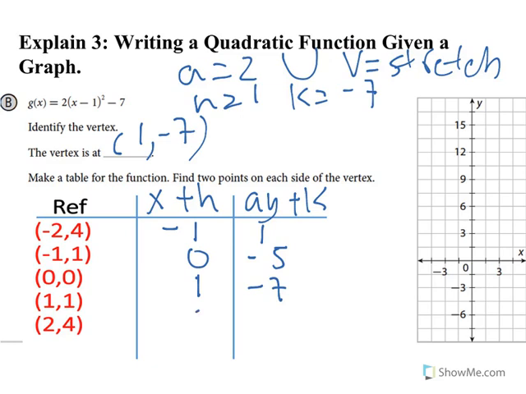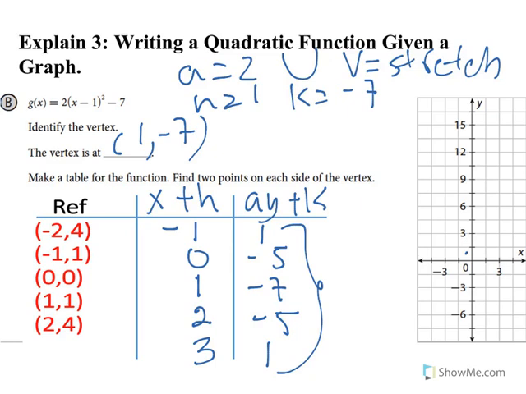And 1 plus 1 gives us a 2. And 2 times 1 is 2, minus 7 is negative 5. And 2 plus 1 gives us a 3. And 2 times 4 is 8, minus 7, that gives us a 1. Right? Okay, and you can notice that these numbers repeat, right? So we can graph, so then negative 1, 1 is maybe somewhere here,